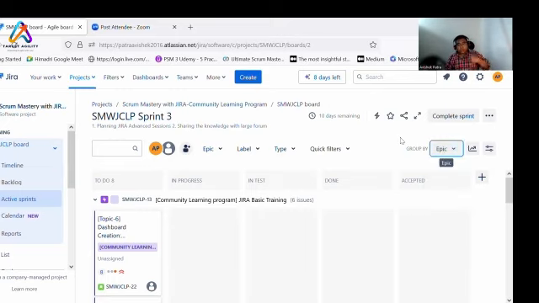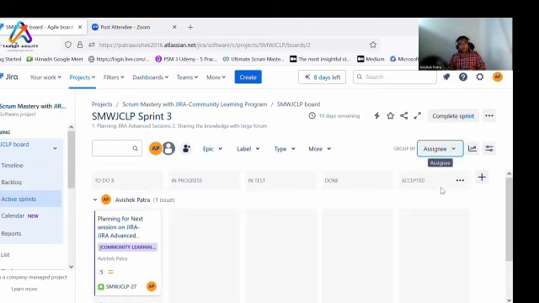Okay, let us come to the daily scrum. Now, 15 minutes of daily scrum, right? So a general question that I ask is, how do you run your daily scrum? Do you go assignee wise, people wise, or do you go work wise? Most of the people in organizations go people wise. I would say, if you are working towards a sprint goal, you focus on the work rather than on the people.